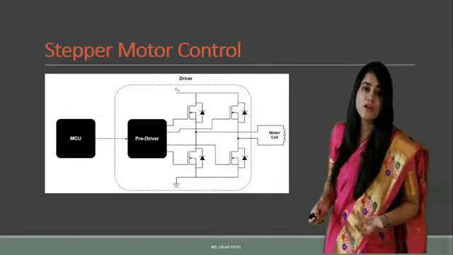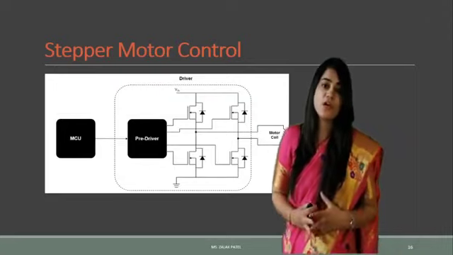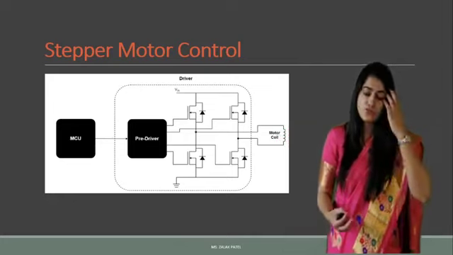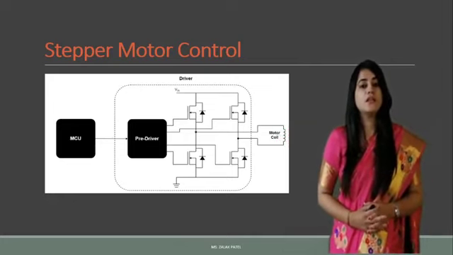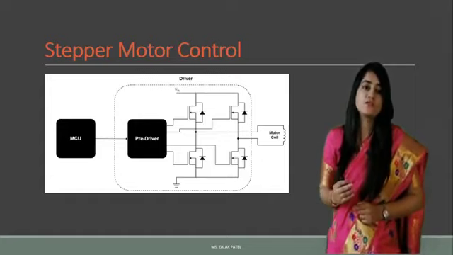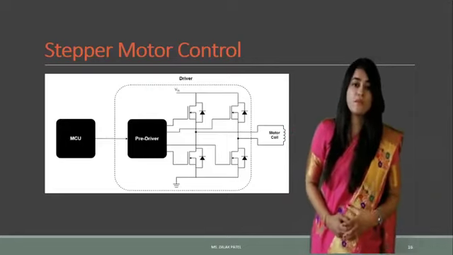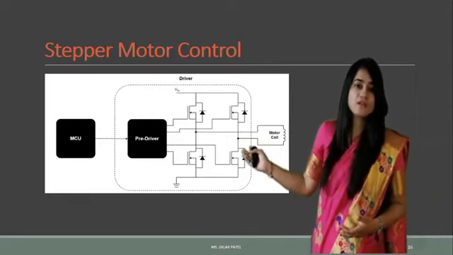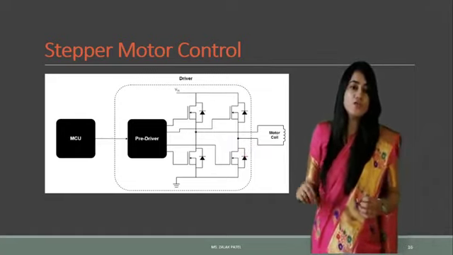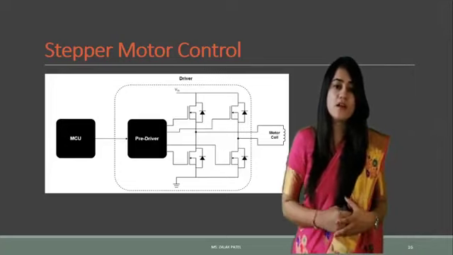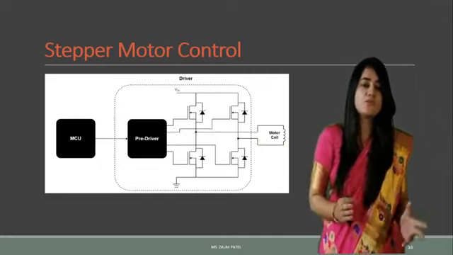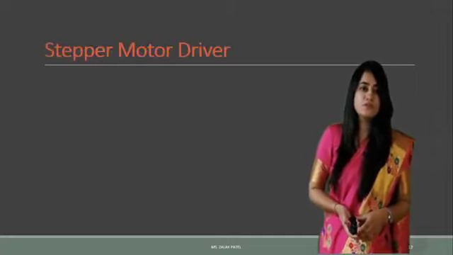Now let's see how we can control the stepper motor. As we saw in the case of the DC motor, for the drive to control the operation of the DC motor, various parameters were shown, such as armature motor control. In the case of stepper motor control, a pre-driver circuit is also there, and the pre-driver circuit has each pair of transistor with diode. The pre-driver circuit will drive the transistor and diode circuit connected with it. Here the MCU is connected. So this is about the control operation of the stepper motor.